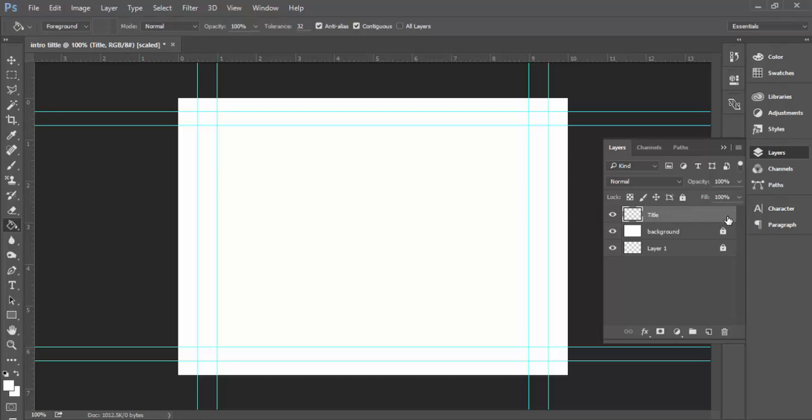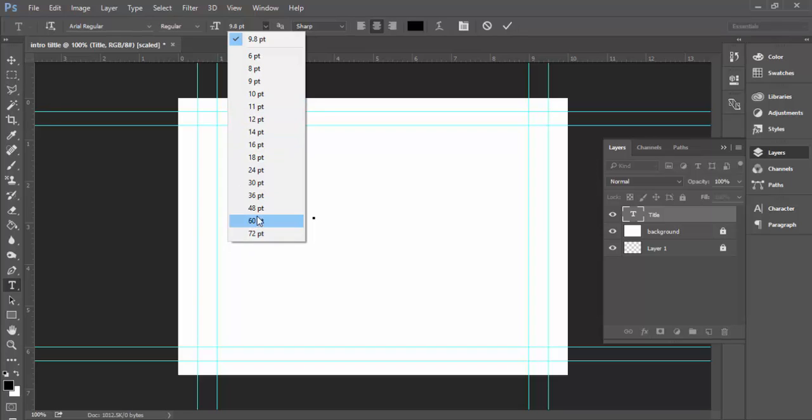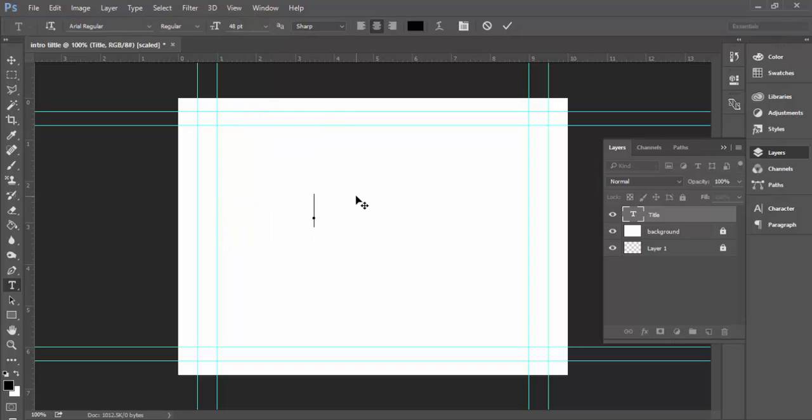Okay, now I'll come over and select my text command here. And I'll go ahead and set my default back to where it was. I'll click out here. My text is kind of small, so what I'm going to do is take it up to a much larger size, maybe 48, and I'm going to key in my YouTube